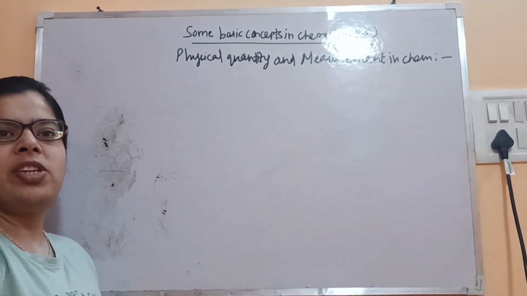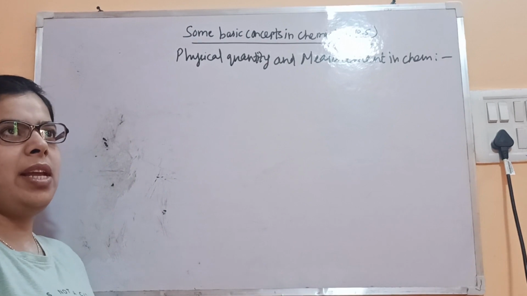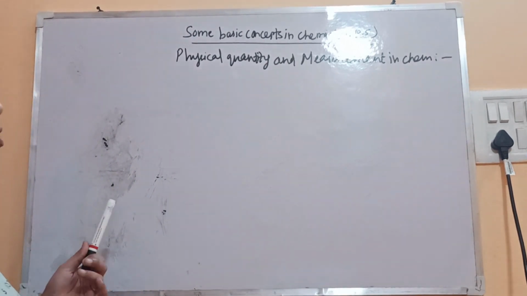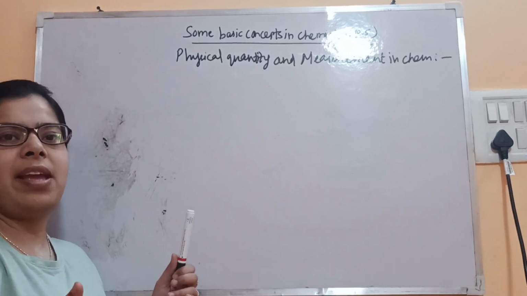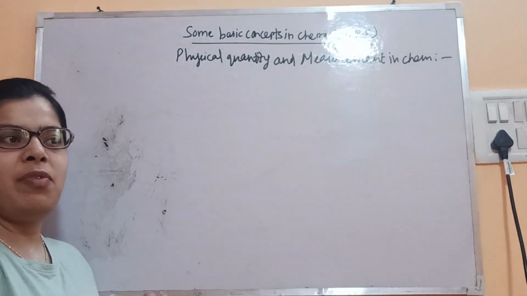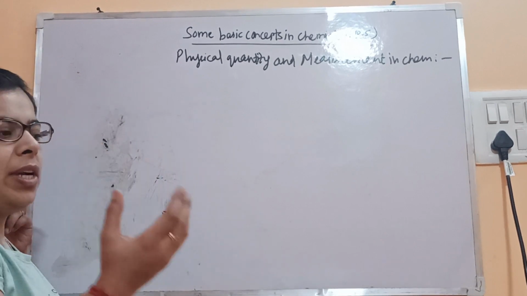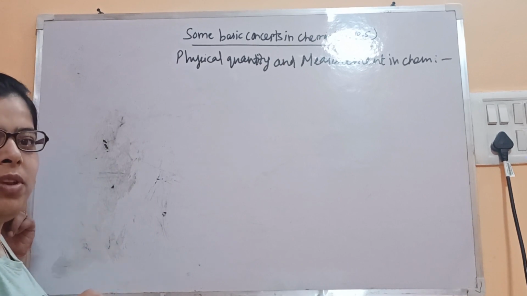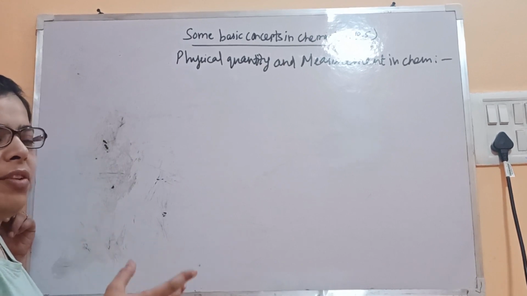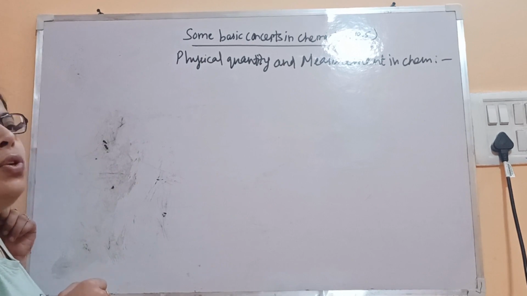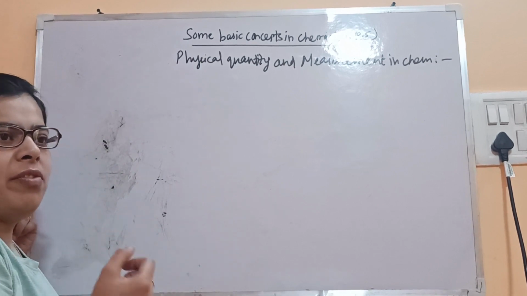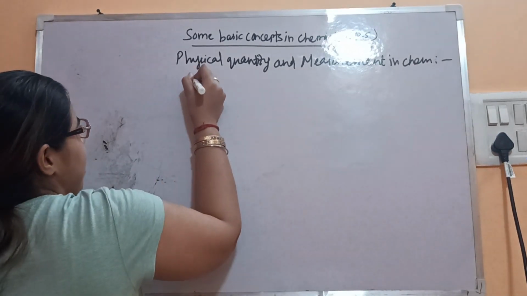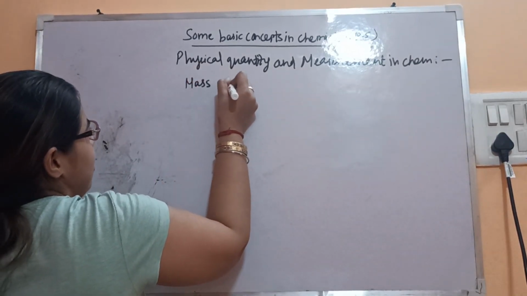These are used to measure a particular thing of an object. If we want to measure how much amount is there, then we'll measure with the help of mass. If we want to know how much a container holds, we need to use volume. We measure in terms of volume for liquids and gases. For solids, we use mass. Then pressure we measure for gas. So all these are physical quantities.